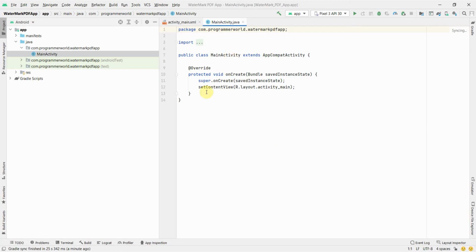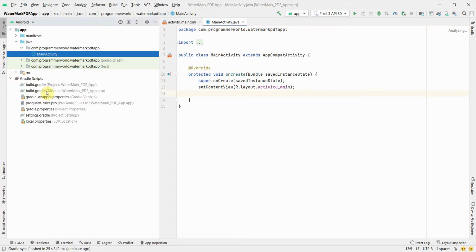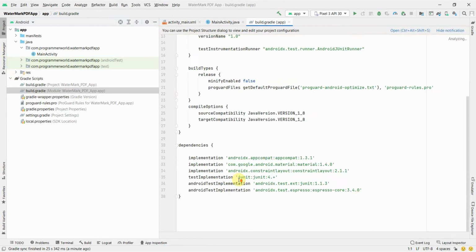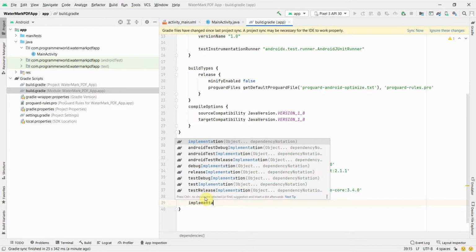Once the IDE loads up, this type of screen will come up. Perfect. So before we do anything in our main Java code, let's first implement the Gradle dependency which we will be using. We will use something called iText. I've also shown how to use this particular dependency in my other videos as well, and some part of the code we will reuse from them. But here let's try to focus on how to add the watermark.